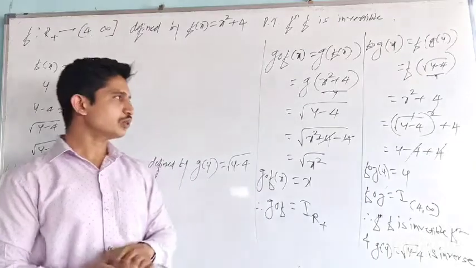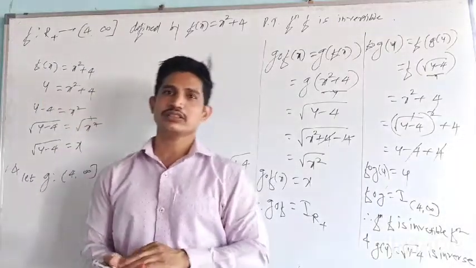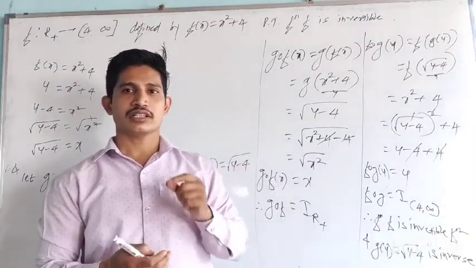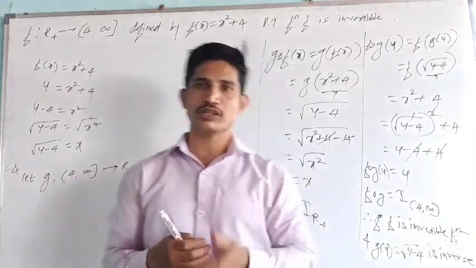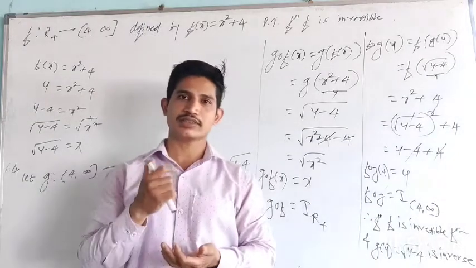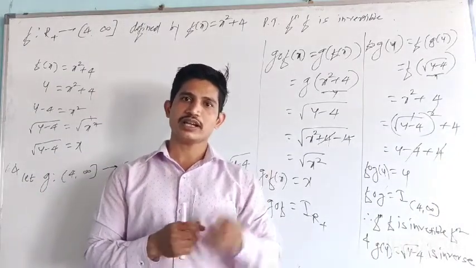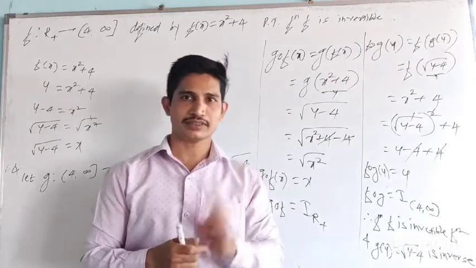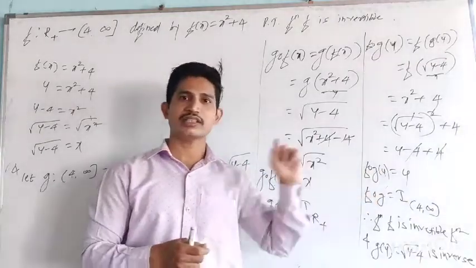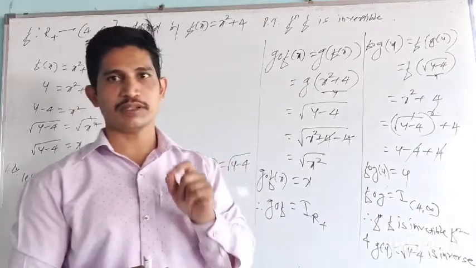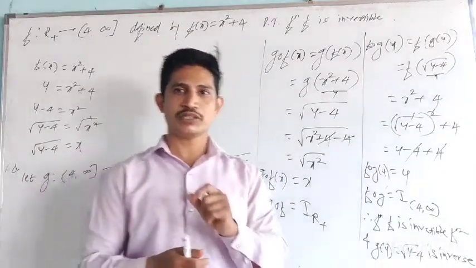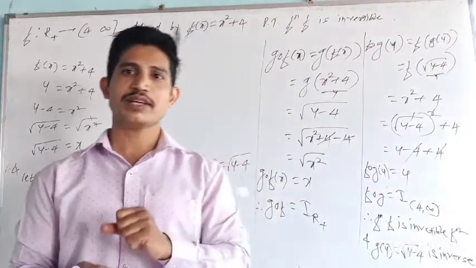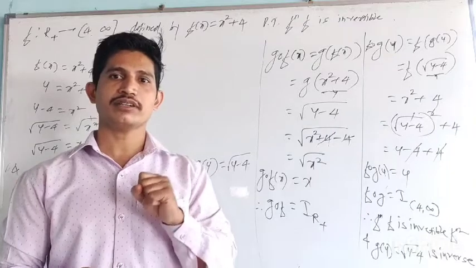So today we learned the invertible function definition. What is the definition? The function f from A to B is called an invertible function if there exists a function g from B to A where f composition g and g composition f are both identity functions. If both are identity functions, then the function is invertible. And we have proved 2 examples here. Both are very important for 5 marks. In your board exam, the example will come for 5 marks.